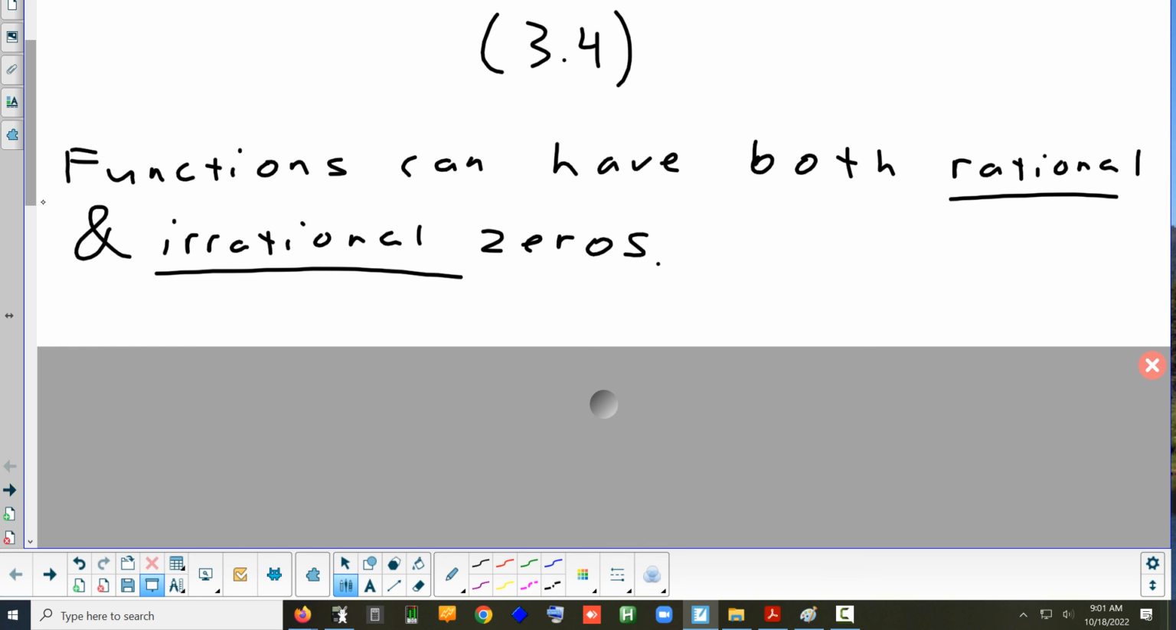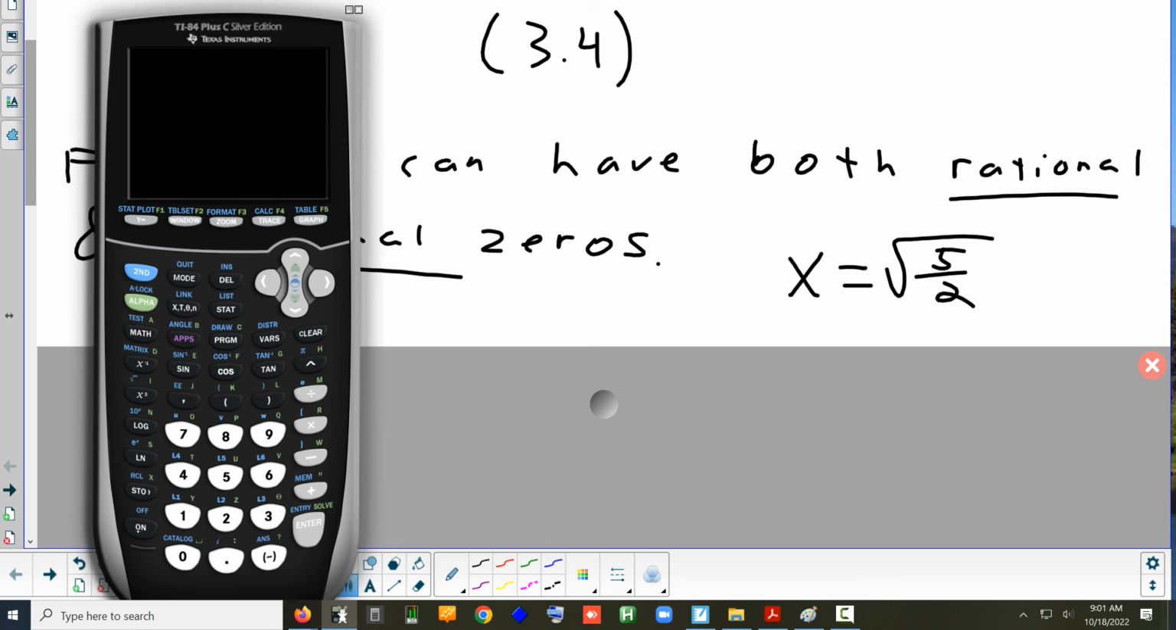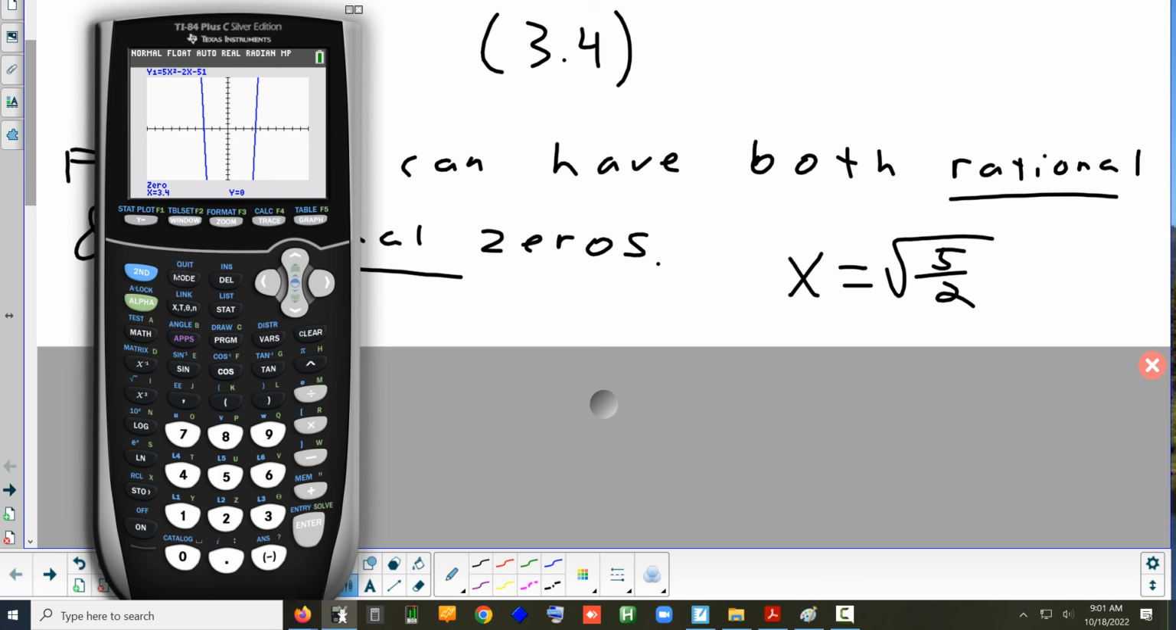All right, so when we're solving a problem, we can get roots that are fractions. We can get roots that are not fractions. In the homework last night, we had an answer that was something like the square root of 5 halves. Well, if you type that in on a calculator, the square root of 5 over 2,